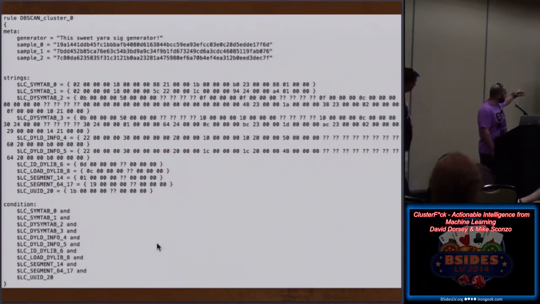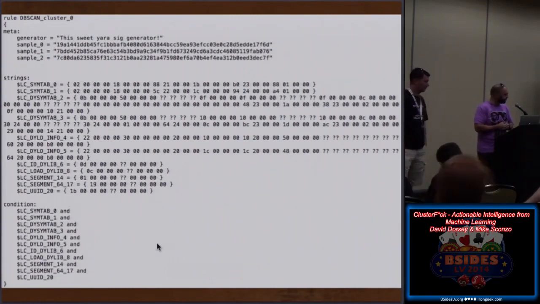So for this one, it had a couple different symtab load commands, and you can see all the various question marks in the Yara signature language are don't cares. So that was a way to say, hey, let's take more attributes, create a stronger signature with values that we don't care about or we know are flexible within the file format. A lot of them have don't cares as far as size. So the load command will be present, but the size will be slightly different between binaries, so we chose not to put that in there. And there's the condition.